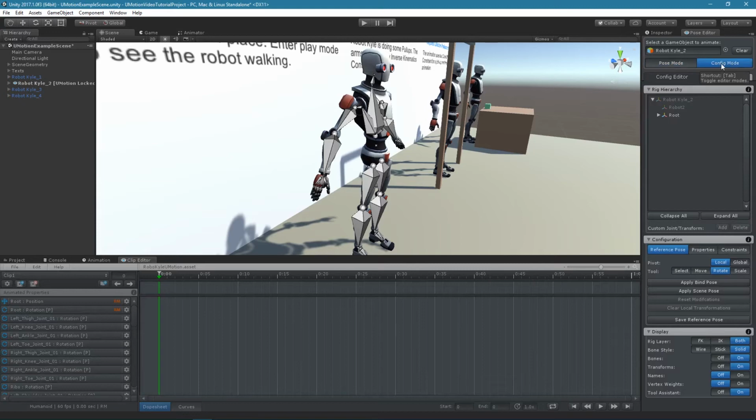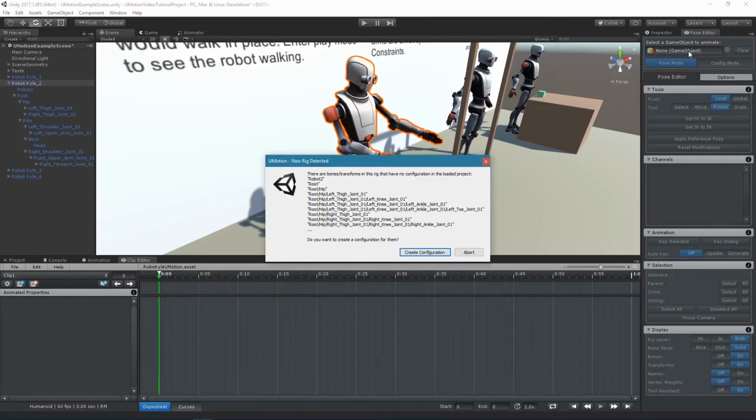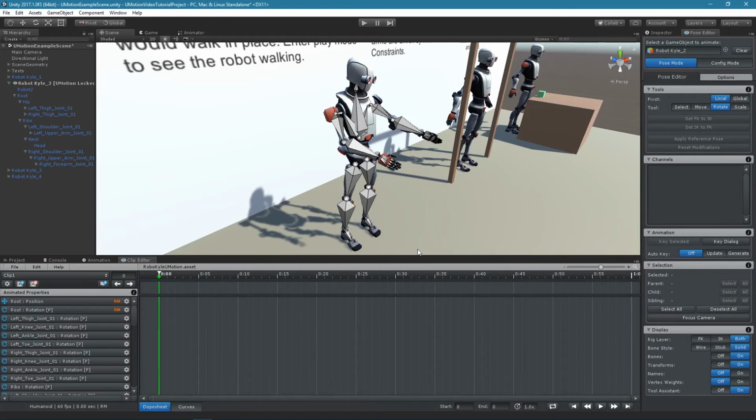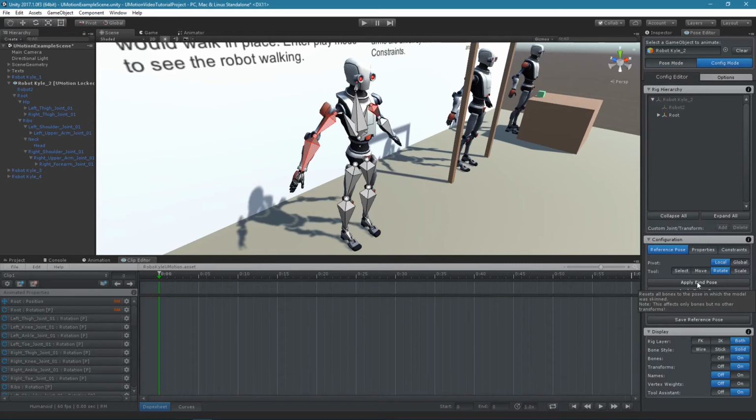It makes sense to use a T-pose as reference pose. The T-pose is when a human character is standing with both arms stretched to the side like a T. When applying a character for the first time to the pose editor, the current pose it has in the scene view is used as reference pose. You can use the Apply Bind Pose button to reset the character to the pose it was modeled in the modeling application. Usually, models are modeled in T-pose. To save the reference pose, click on Save Reference Pose.